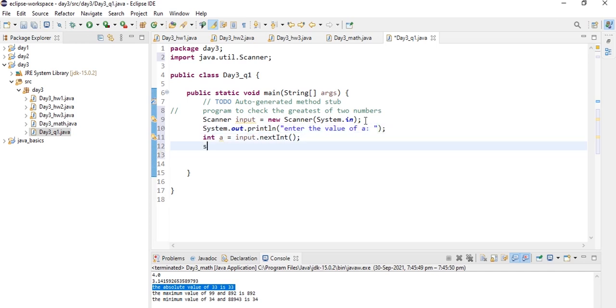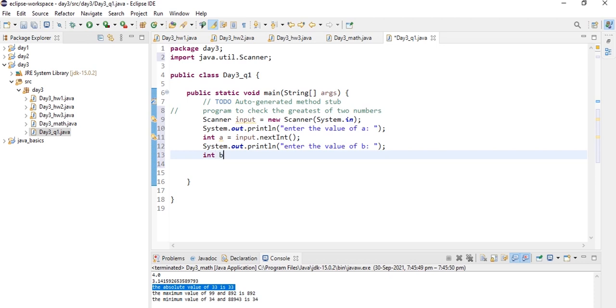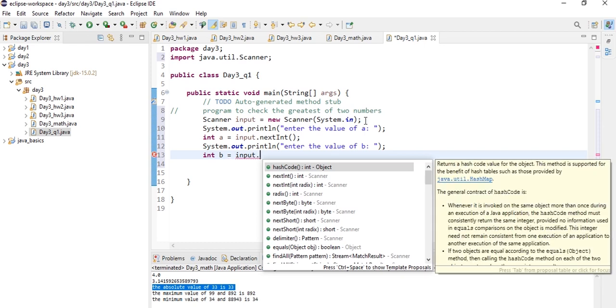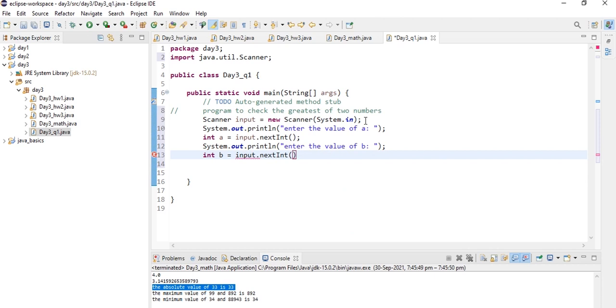And now let's print out "Enter the value of b", and we'll declare another variable of int data type, that is b, and we'll take input with the help of the object name, invoking the method nextInt, which is available in the Scanner class. And that's it. Now here comes our main logic.